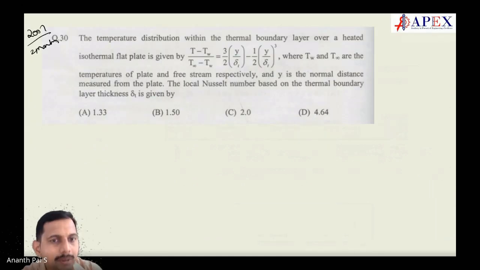A temperature distribution within a thermal boundary layer over a heated plate is given like that. If you want you can write the question, no problem. The local Nusselt number based on the thermal boundary layer thickness is